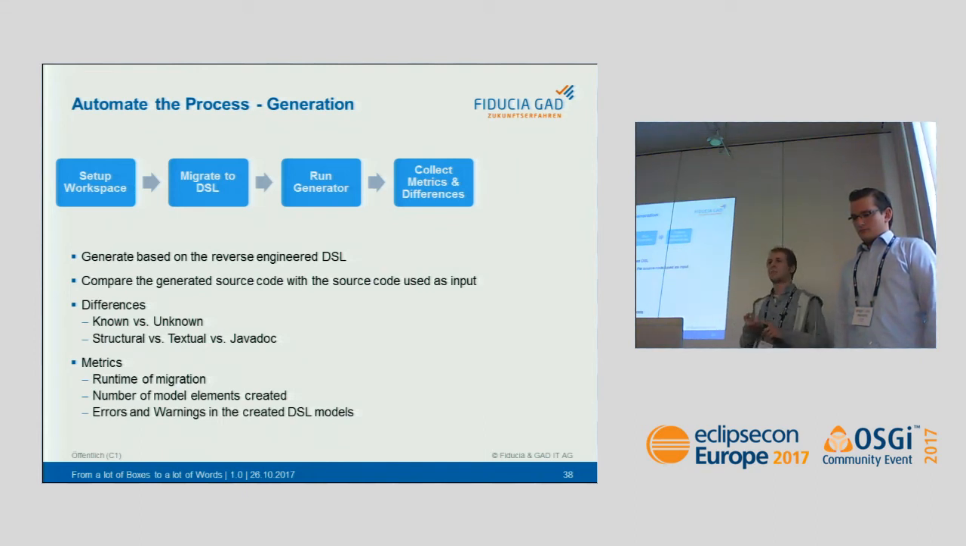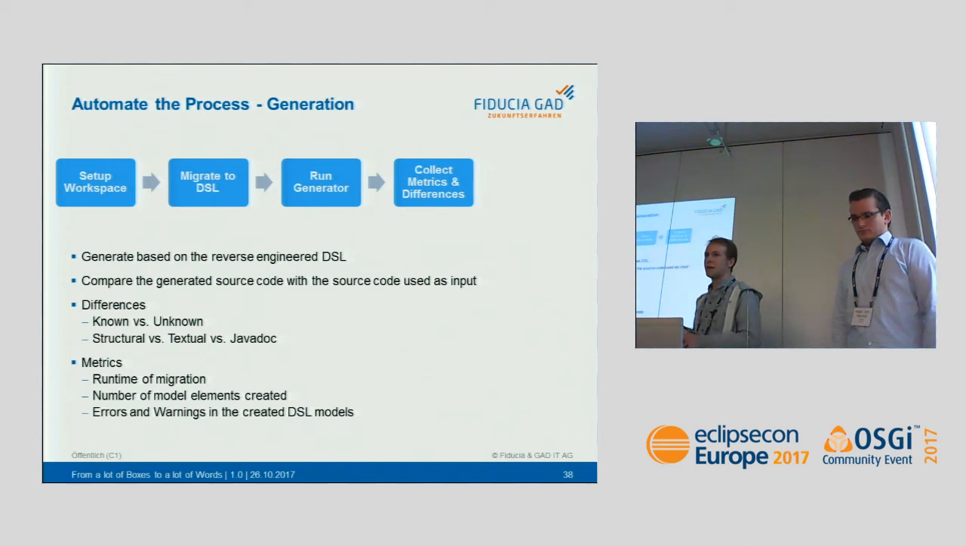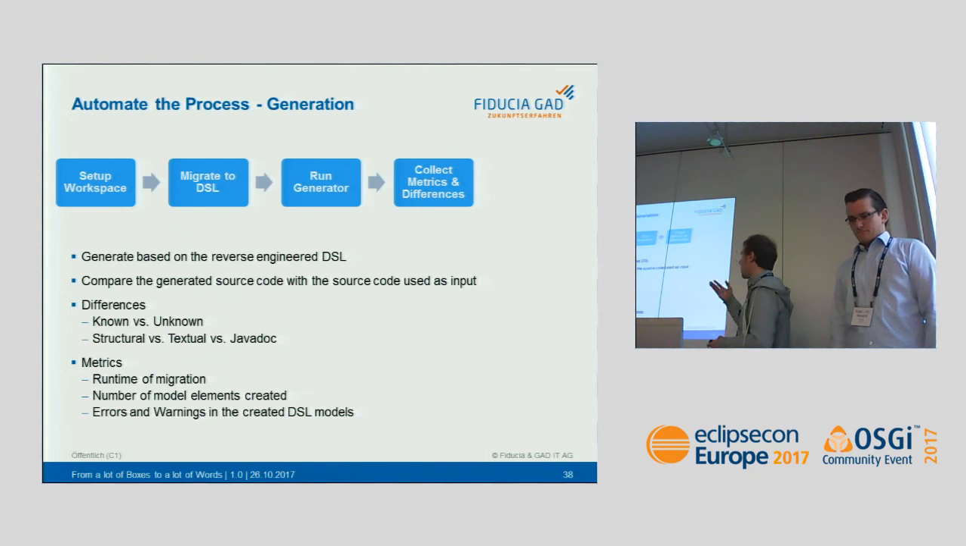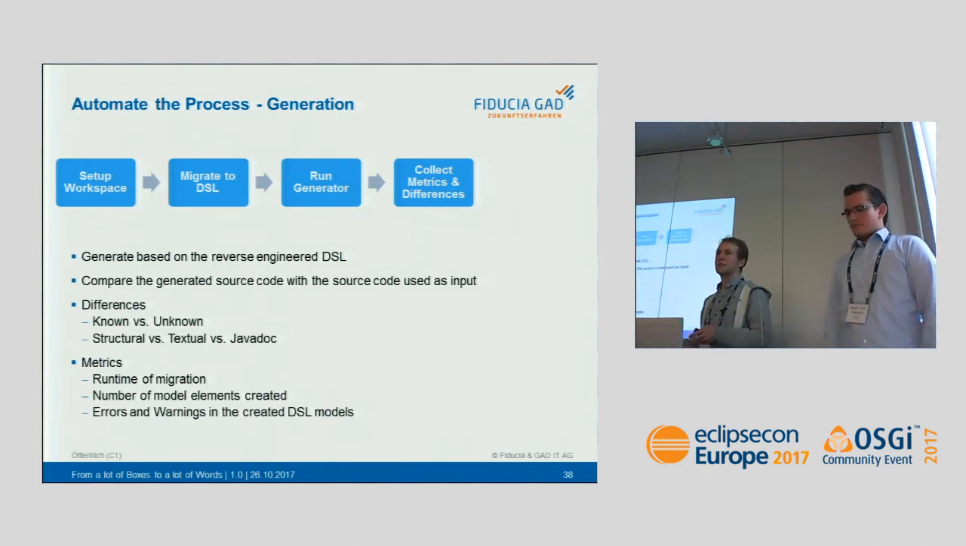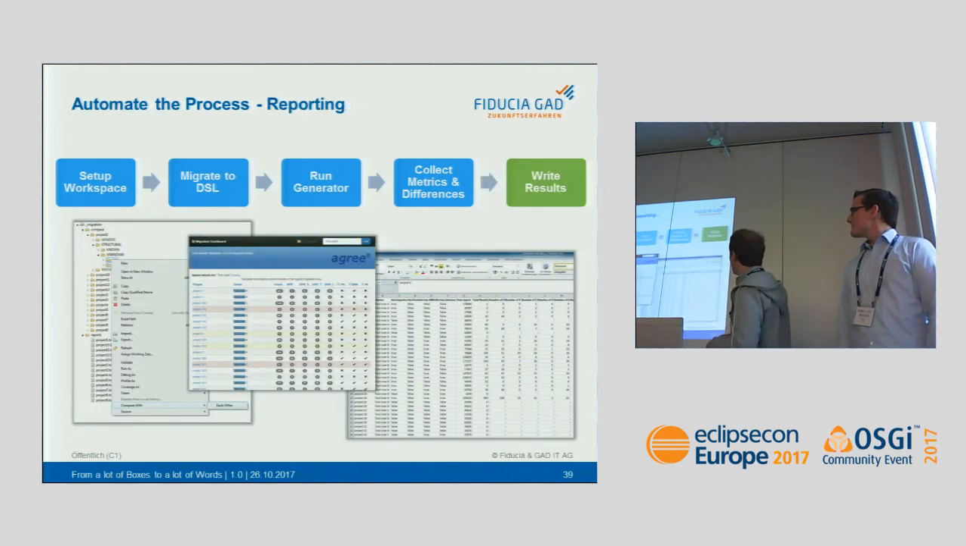We categorize them by telling structural changes from textual changes, from Javadoc changes. Structural changes are the ones that are really critical to a developer, because they are relevant to the compiler, which means testing efforts. And we also collect some metrics, like the runtime of the migration, how long it took, errors that occurred throughout the process, and the number of model elements that were extracted from the source code. And we write them all out to